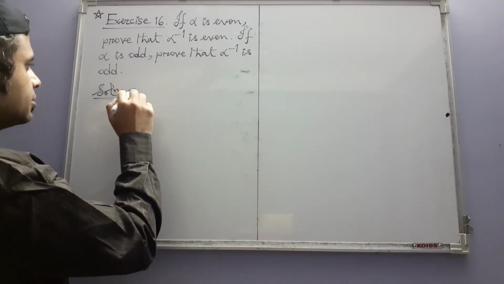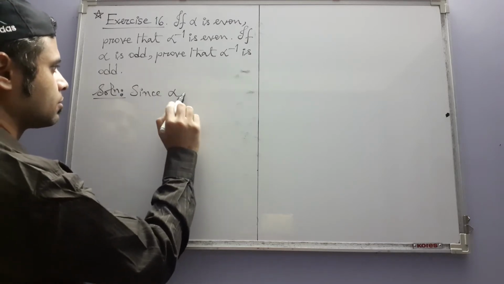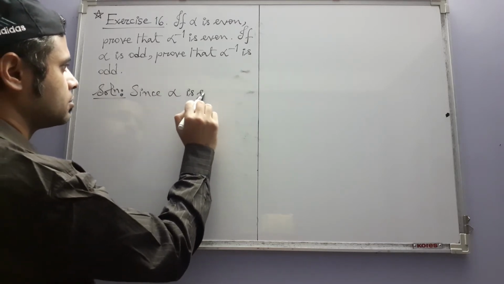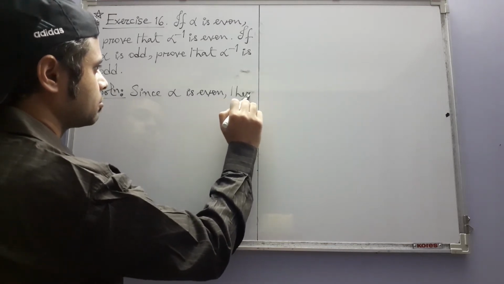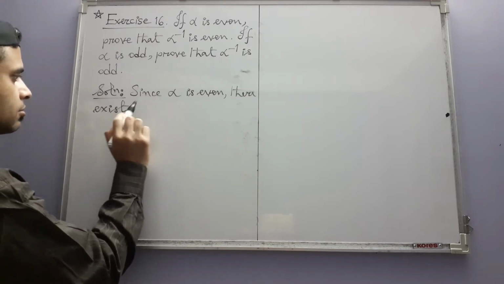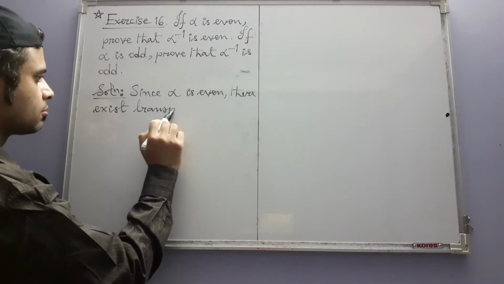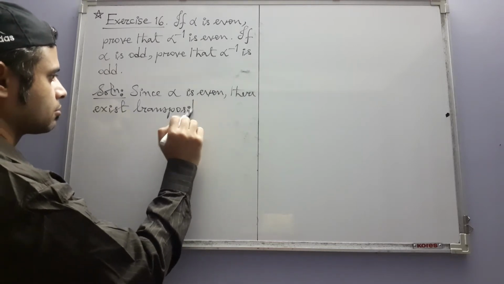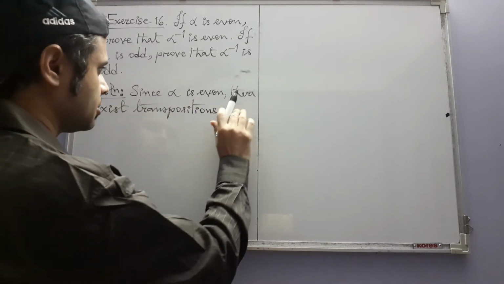So we start like this: since alpha is even, there exists transpositions,